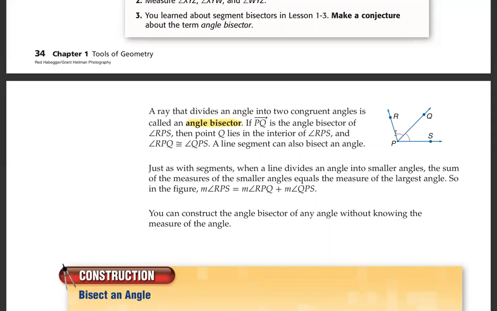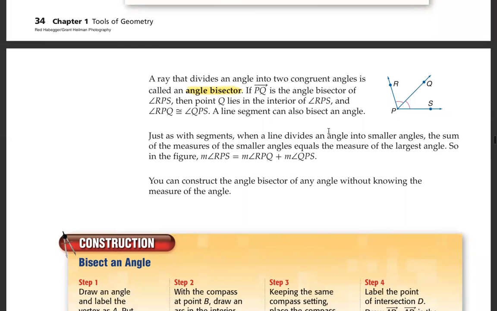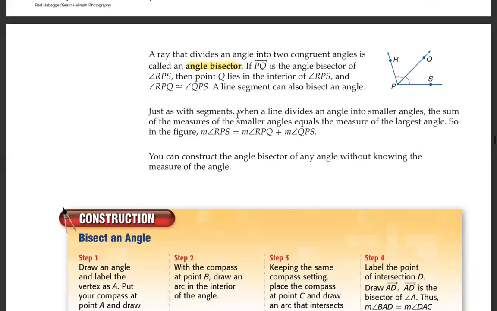So there's a single curve here, and there's another single curve. That means angle RPQ is congruent to angle SPQ. Angle RPQ is congruent to angle QPS. And that means this line separating the two angles can be considered as an angle bisector. So if that's the case, then you can also say the measurement of angle RPQ is equal to the measurement of angle QPS. Okay, but if it's not an angle bisector,